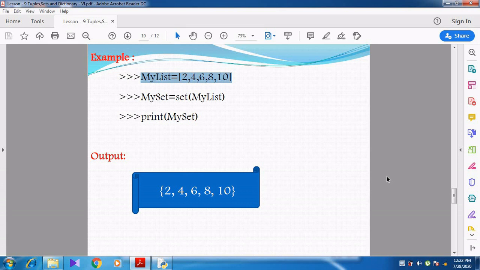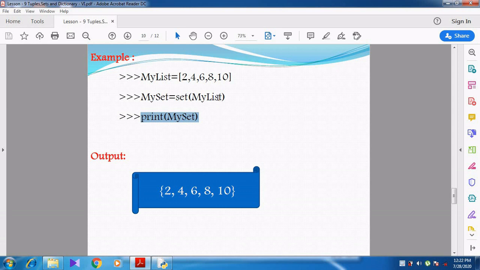My list equal to 2, 4, 6, 8, 10. Then see the second line. What is the second line they have given? My set equal to set of, and inside the parentheses we have passed the list variable. Now I am going to use the print function to print my set.